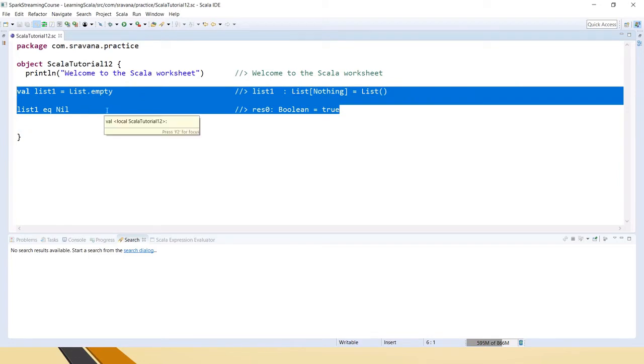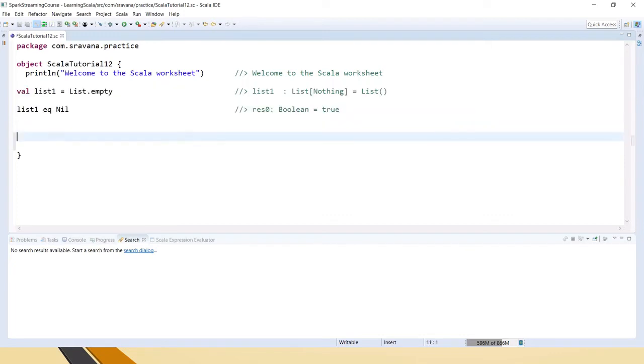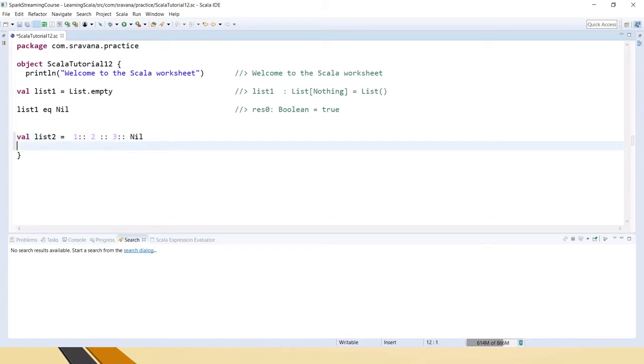And also, these days popularly they are creating lists in this format, like 1, 2, 3 like this, and this is the terminator. Nil is the terminator, used to specify the terminator of a list. So Nil can be used as a terminator and also for creating any empty list.